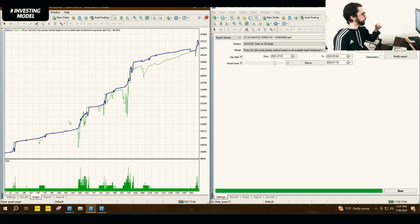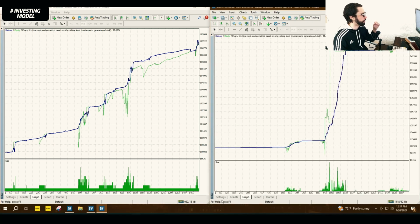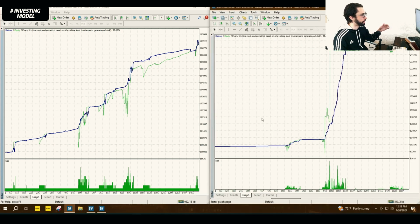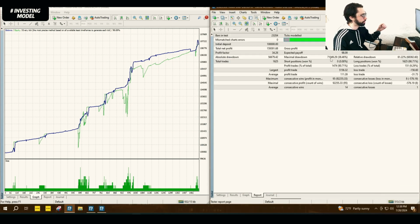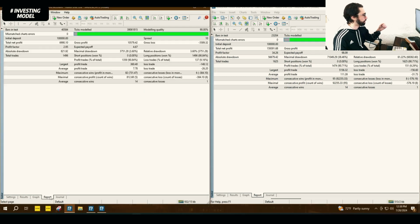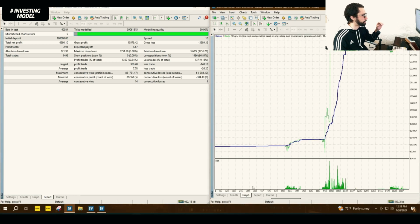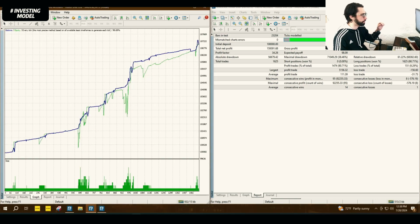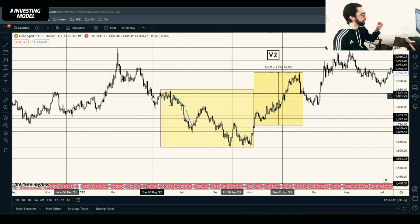So the idea will be to get the best trading possible with this model, and after that I'm gonna verify for overfitting with the worst case scenario that we have here, 2011, the 70%. I wanna get a higher net profit and try not to raise the max drawdown a lot, and then I'm gonna compare with 2011, that is the worst case scenario for the buy model, to make sure